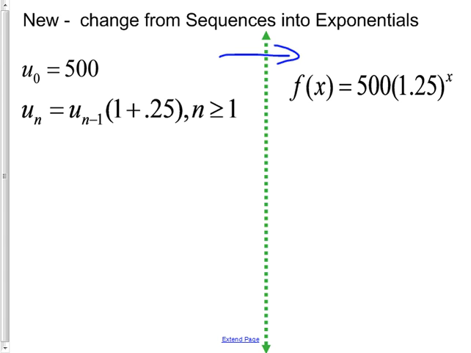Now let's just do an example of one so that you can understand how these work. If you grab your graphing calculator or a regular calculator, even is fine. Take 500 and times it by 1.25. That'll tell us that our first term is 500 and our second term is